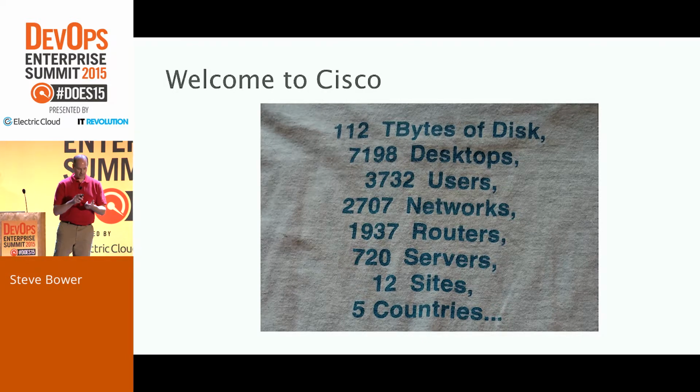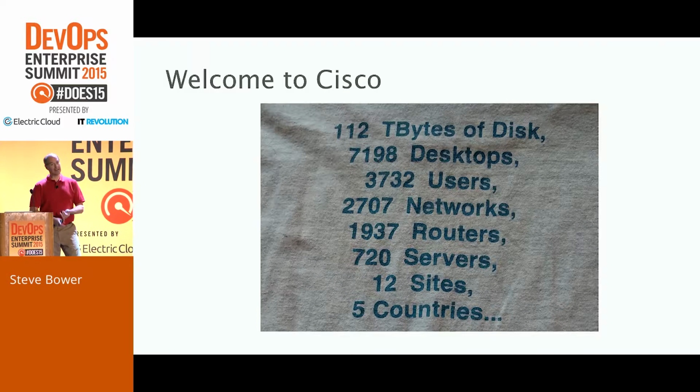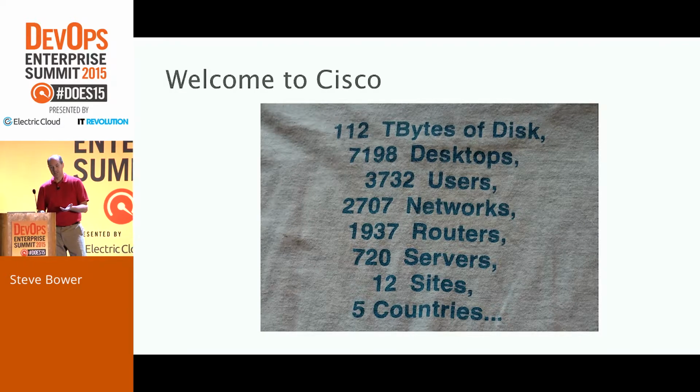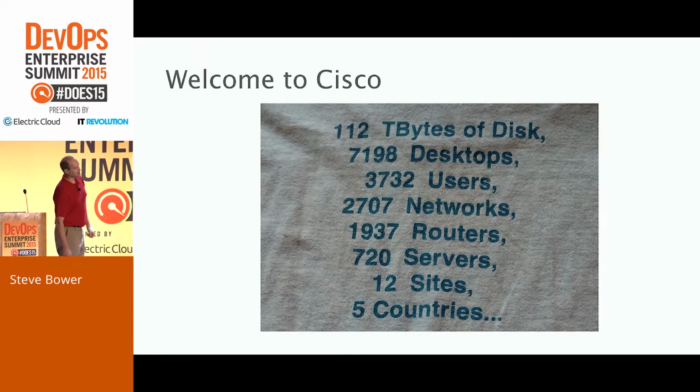We managed the users' desktops, many of them Sun workstations, some of them Windows systems, some Macs even at that point. And we also managed all the networks, both the desktop networks and the data center networks. And we had a bunch of data center servers. We had 720 servers at the time